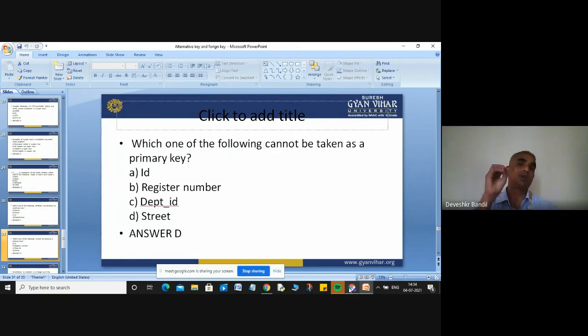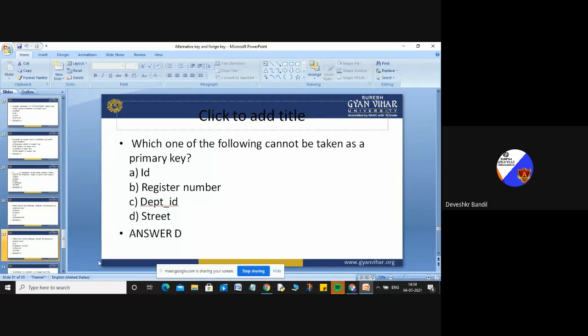You can consider the ID as a primary key, the register number as a primary key, the department ID as a primary key, but you can't consider the street as a primary key.